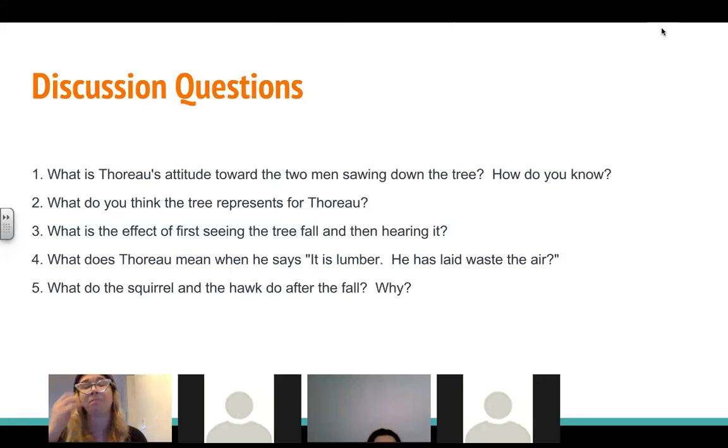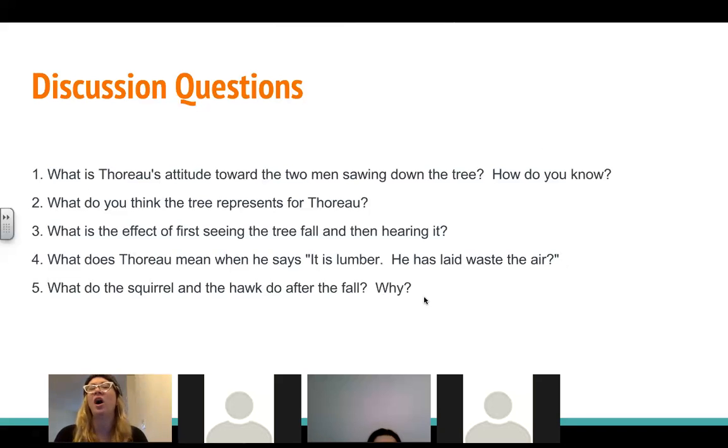Paper, possibly. Great. So that's actually a scientific meaning here, which is rare because usually literary people don't talk about science. But he's right. They're laying waste to the air. There's no more oxygen being produced from that tree. It's not absorbing carbon dioxide anymore, right? And now it's just lumber. That's it. And then number 5 is an interesting one.